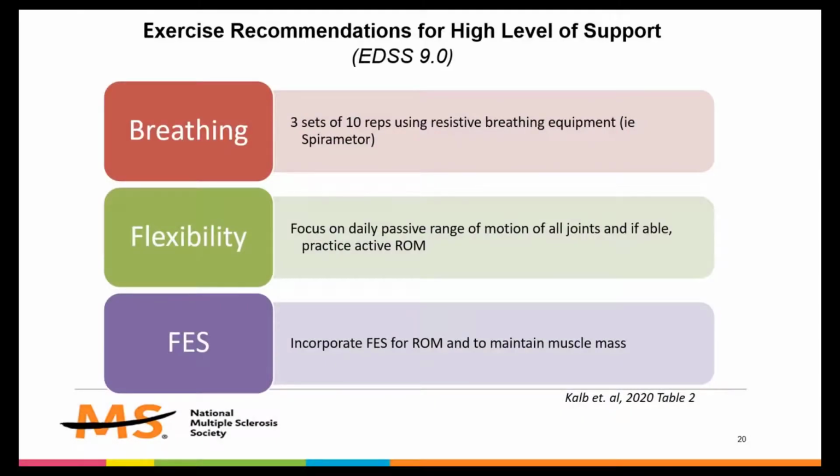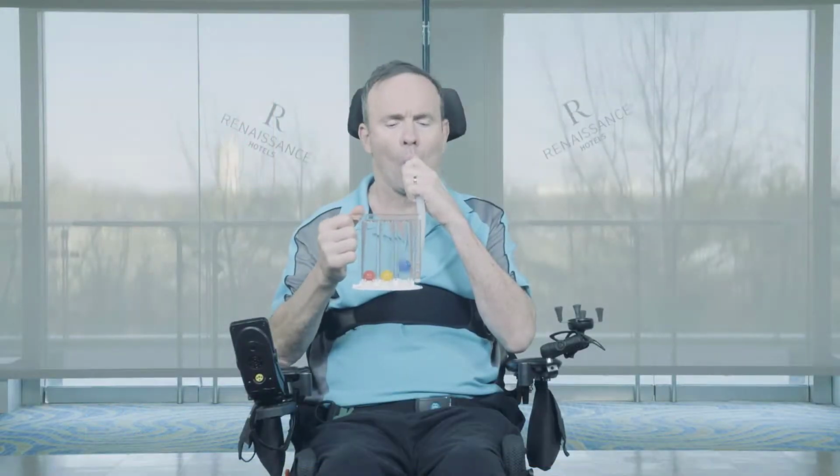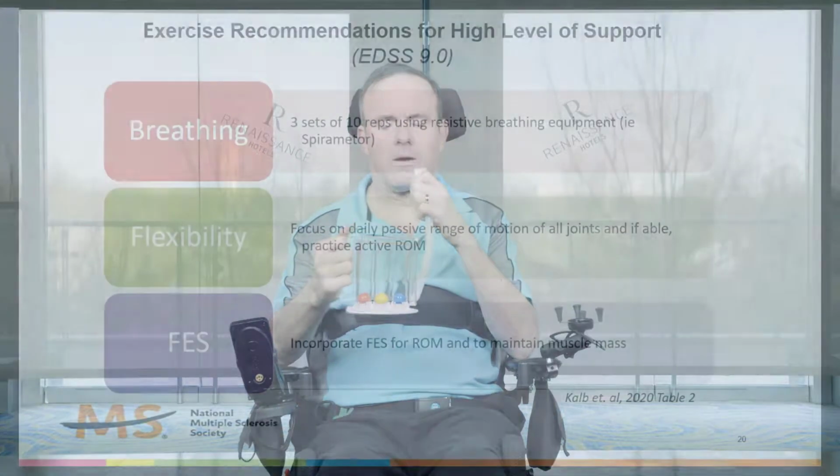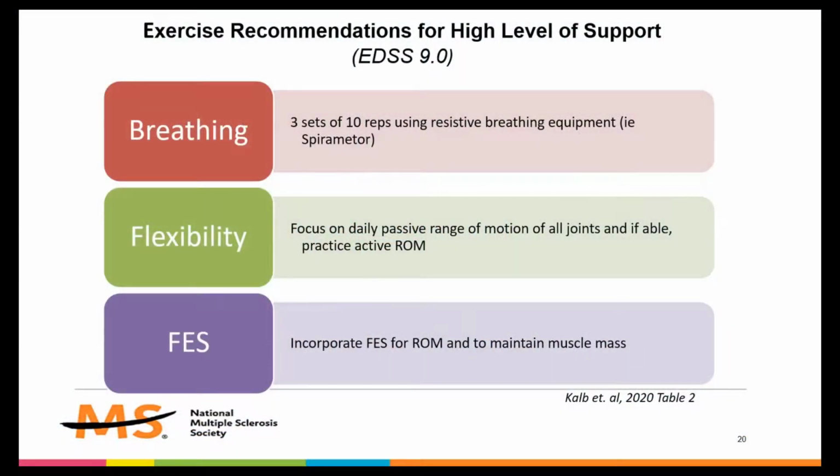The level of physical ability with someone at an EDSS of 9 has very limited mobility. However, staying active is still just as important, and we want to encourage clients to do what they can. So, though the recommendations are fewer, these exercises are critical to their well-being. The goal is to get up to about 10 minutes a day, 3 to 7 days a week, as tolerated,